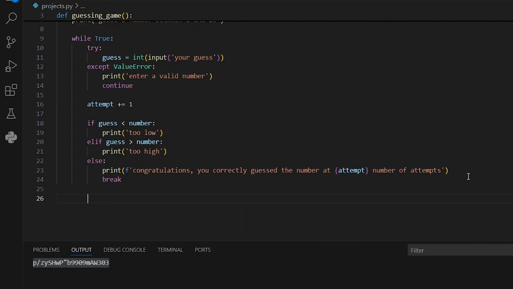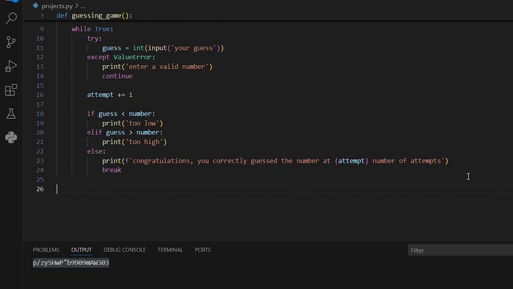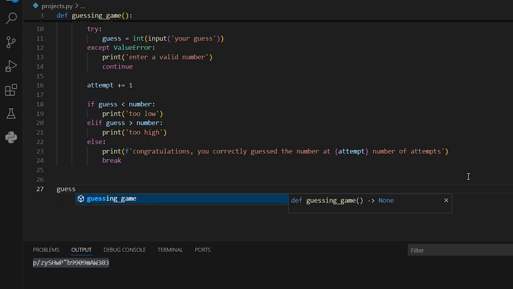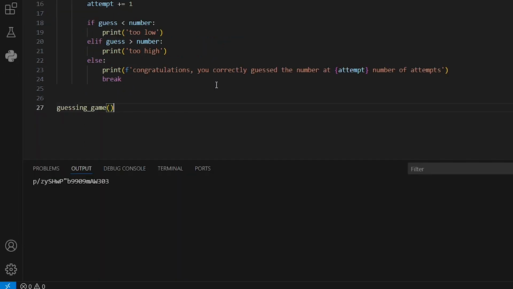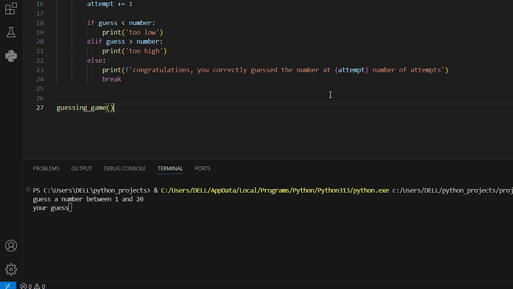So with this, I've successfully written a guessing game. So now let's try out the game. So I'm going to do this by calling the function. So I'm going to simply write the name of the function, which is guessing_game. So now I'm going to be running the program, and I've been running my programs through the output, but this time around, I want to run the program from my terminal. So here I'm going to choose run Python file,